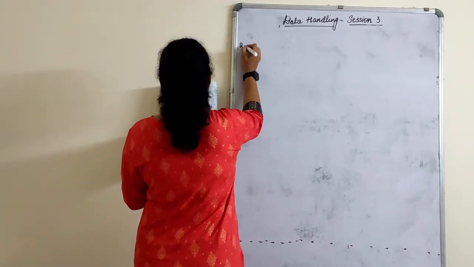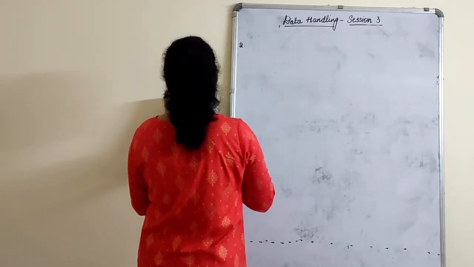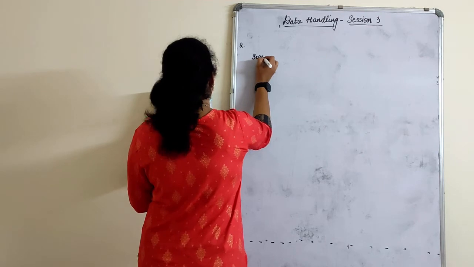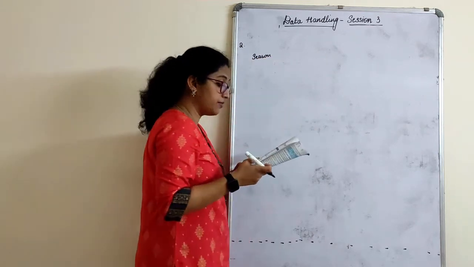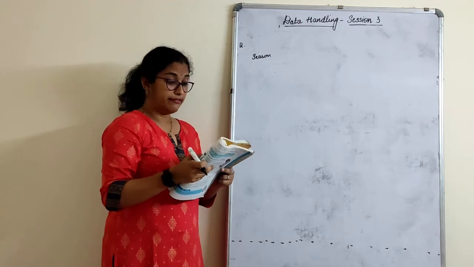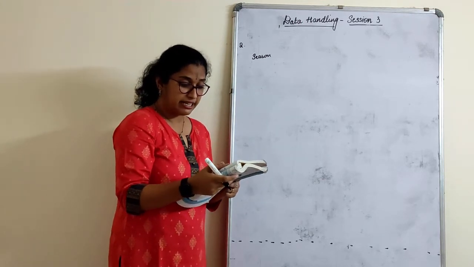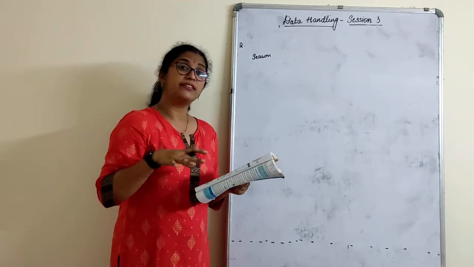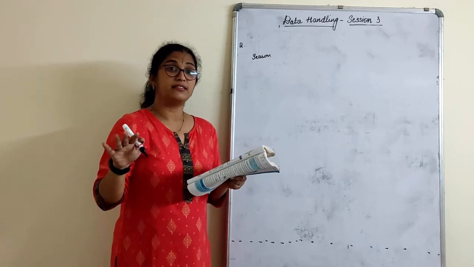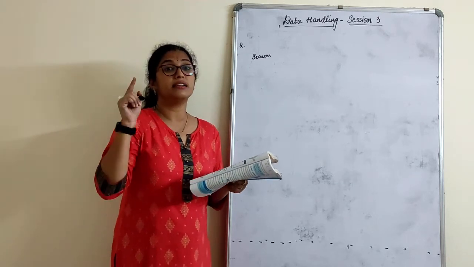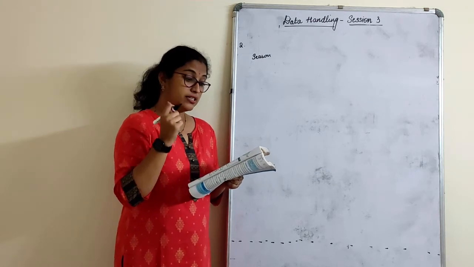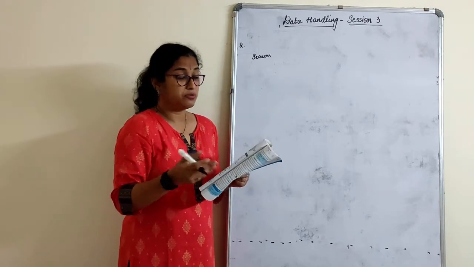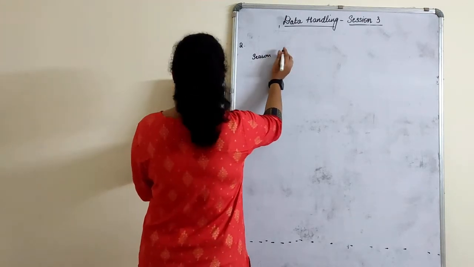So, second one, a group of 360 people were asked to vote for their favorite season from 3 seasons. Children, initially we all know that there were 3 seasons, summer, rainy and winter, but I think this year it is rainy, rainy and rainy. We had summer season, then rainy season, and again rainy season. There is no third season at all because rainy season is continued throughout, right? So I think we have only 2 seasons. Summer, rainy, rainy, again winter with rainy we have. Because this year the rains have not stopped.